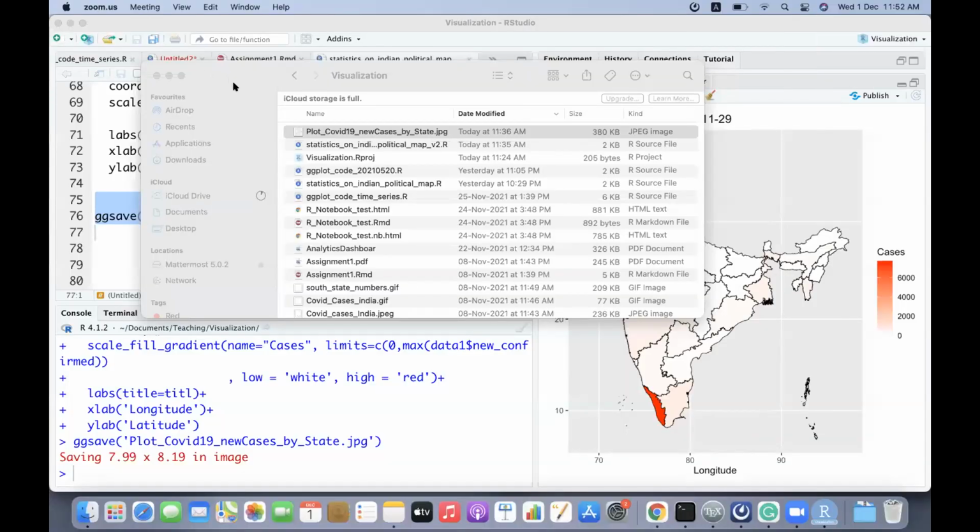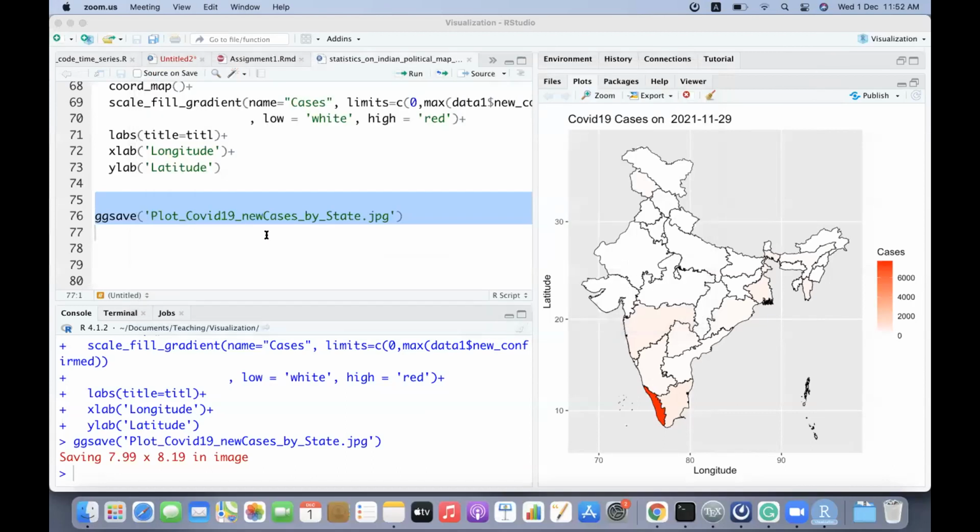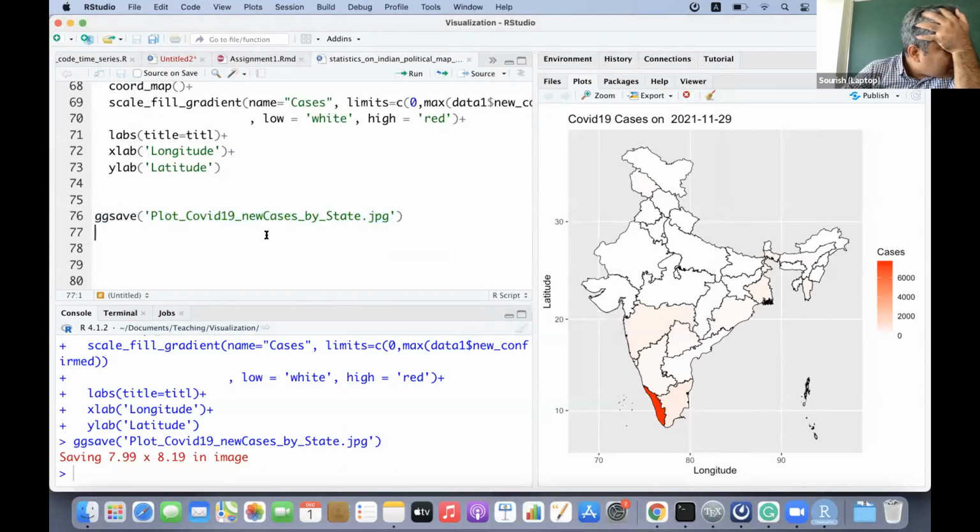I'm not sure what you are saying. I think he's asking for animation. Animation on map. Okay.